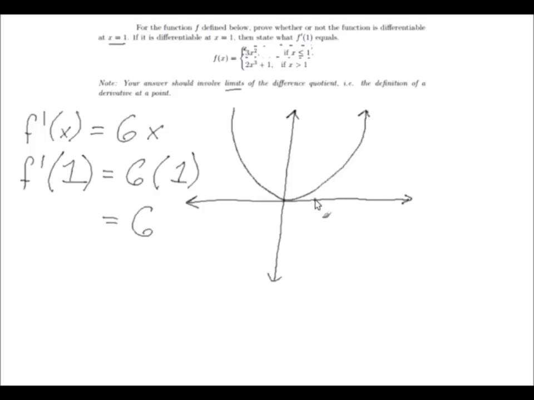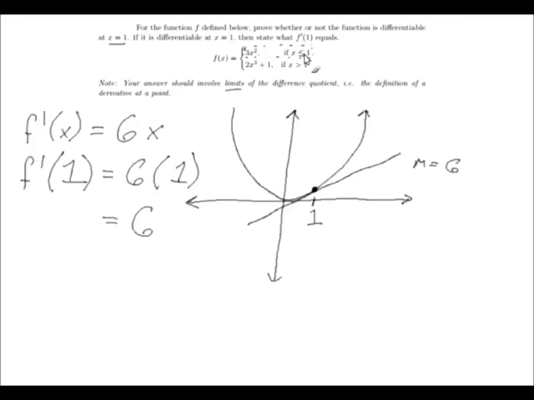So let's say this is 1. Then of course my graph is not drawn to scale, but this line right here, which is our tangent line, is supposed to have a slope of 6,